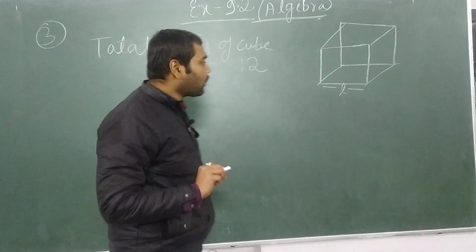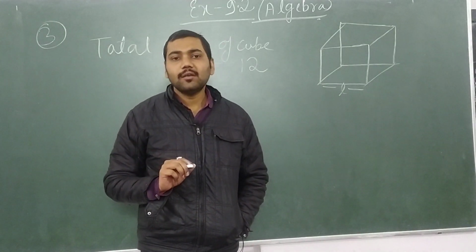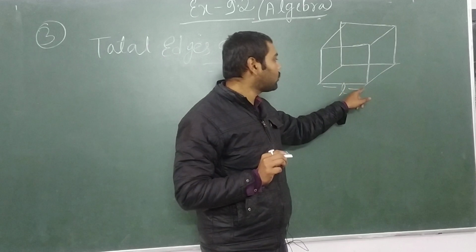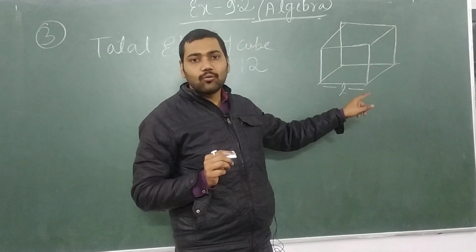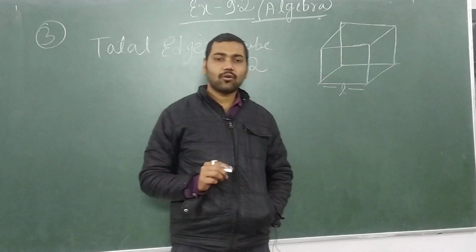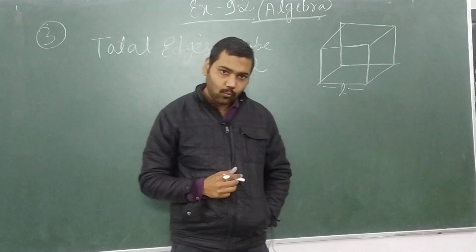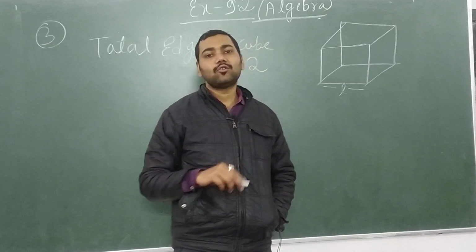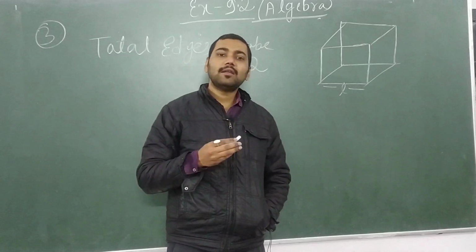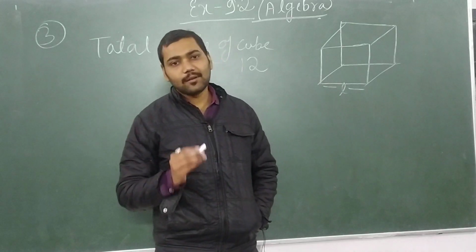And what do we have to find? We have to find the perimeter, and we know that all the edges of a cube are the same. In a cube all edges are the same. This is called an edge. In a cube we do not call it a side, we call it an edge. So all edges remain the same in a cube. It is almost equal to the square figure. Square is a 2D figure and cube is a 3D figure. Only this is the difference. In a square also all sides are the same, and here in a cube, as it is a 3D figure, its sides are called edges and all edges remain the same.